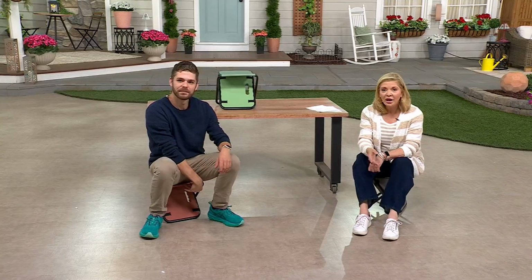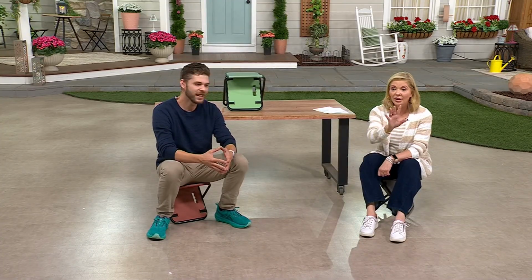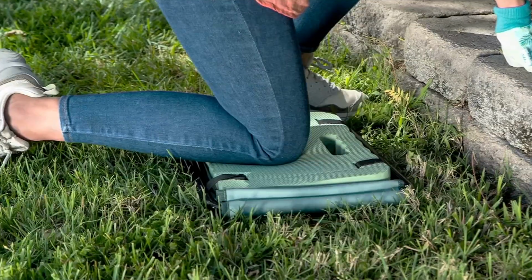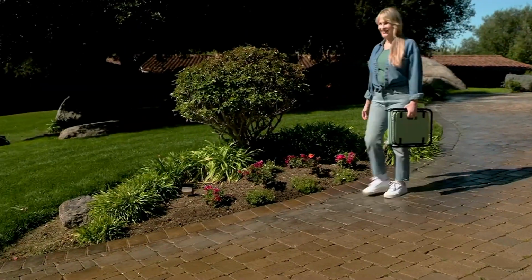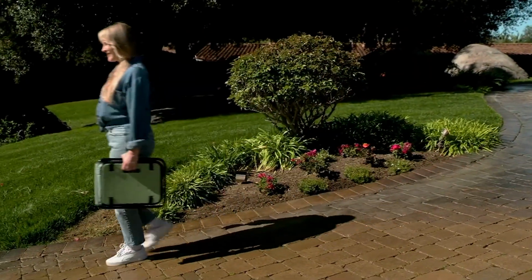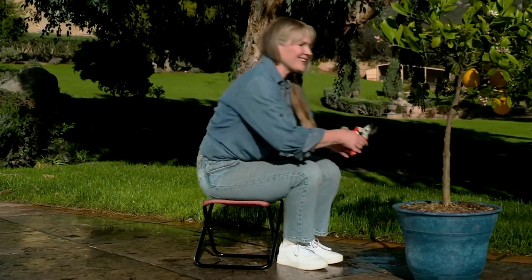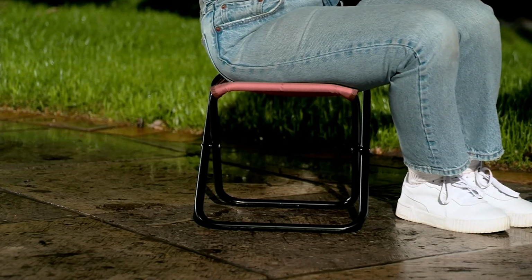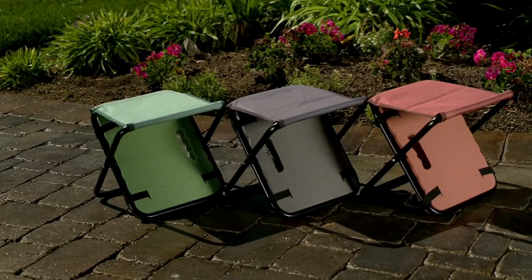And you know what? JP, was that you who said organize your cabinets? That's great. Yeah, organize your cabinets. Or are you a crafter? Sometimes the crafts are repetitive, and instead of kneeling, you could actually sit down and be able to do them. And being able to go from that kneeling position to the seat without having to go grab something else. We love the knee pads. We love having those wonderful lawn chairs. But sometimes we want to sit a little bit lower to the ground, or we need something a little bit more compact. We wanted to find this,